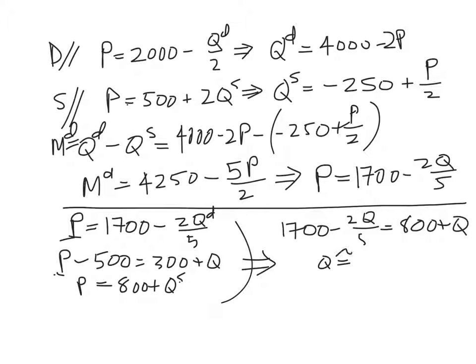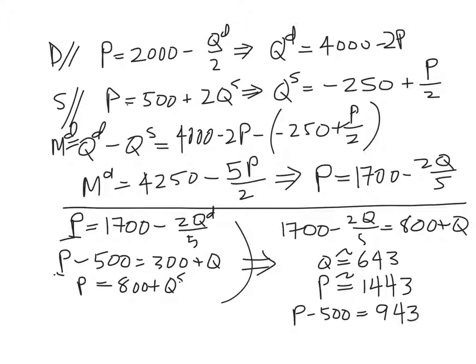Q is roughly equal to 643, and the international price that buyers pay is about 1,443, and of course P minus 500 is 943. So we can implement that